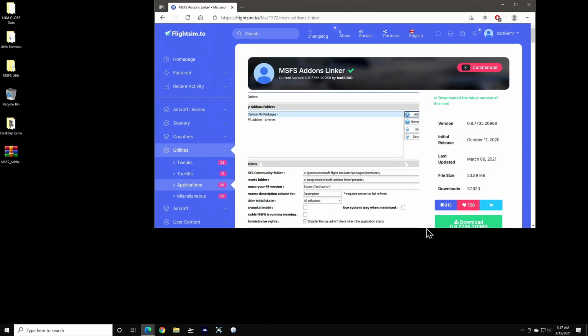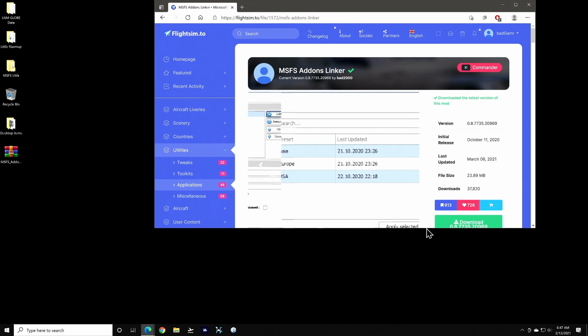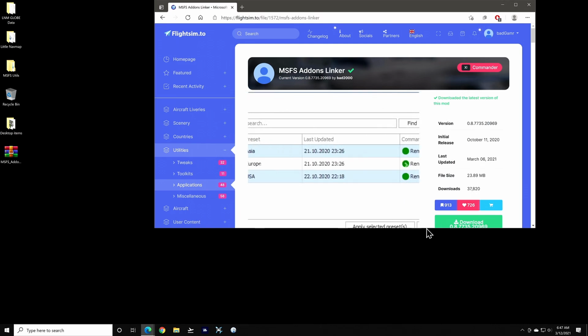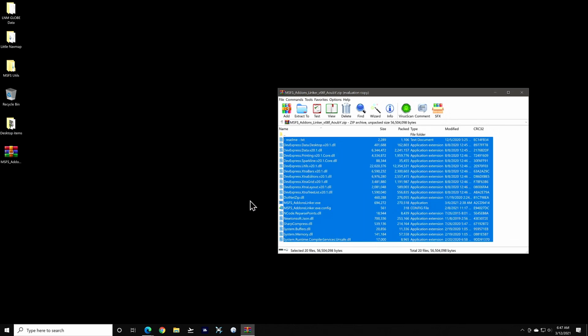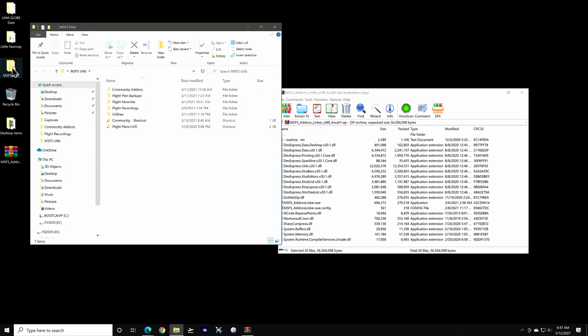The download page for this utility is linked in the description. You may need to create a free account on flightsim.to in order to download it. Once you've downloaded the zip file, open it up and select the files. It doesn't use an installation program, so you can just put the files into a folder located anywhere on your